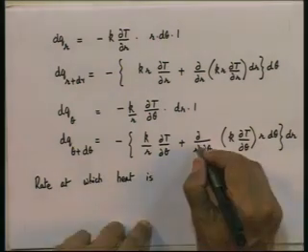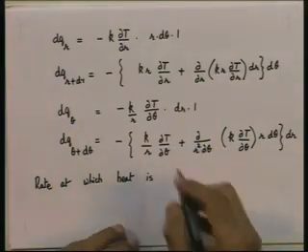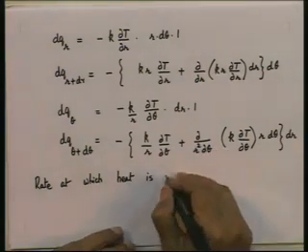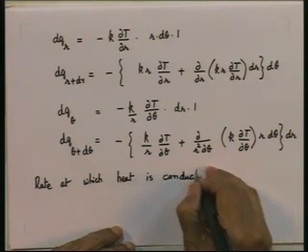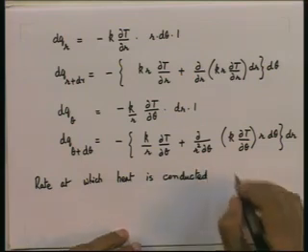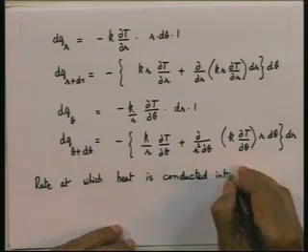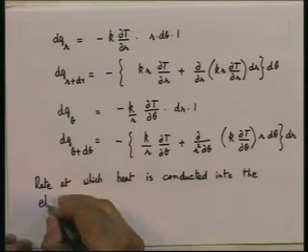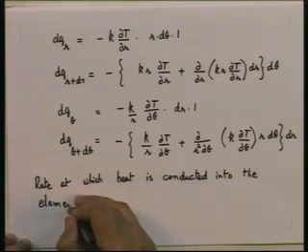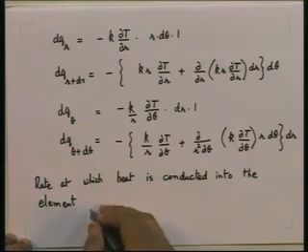In the previous term, you should have an r squared here, r squared d theta. The rate at which heat is conducted into the element will be equal to